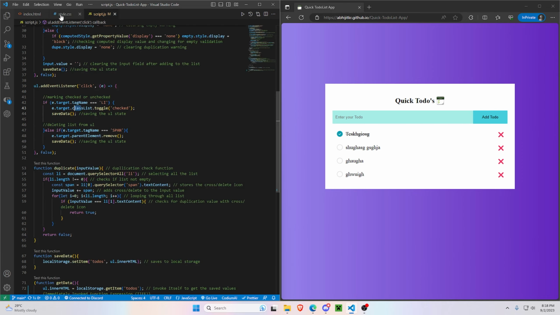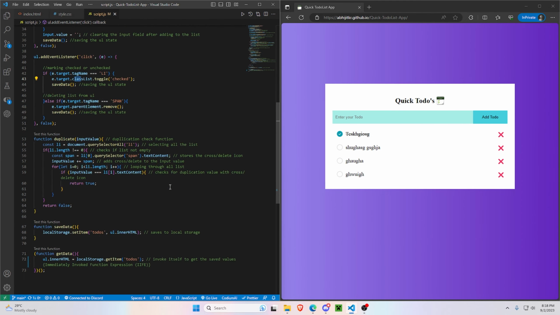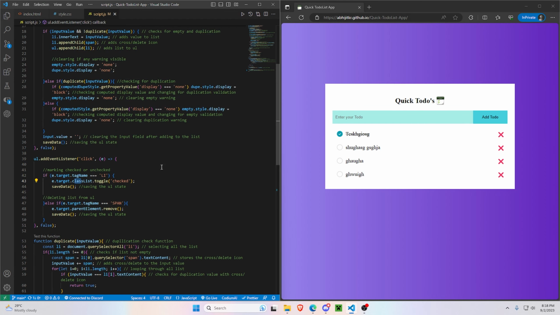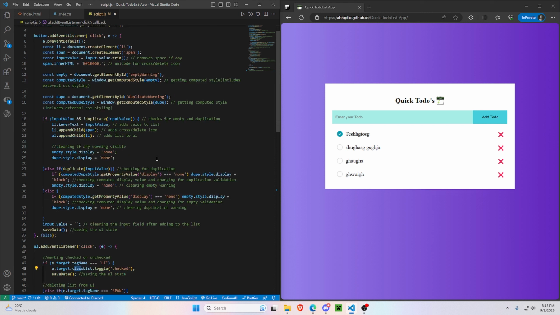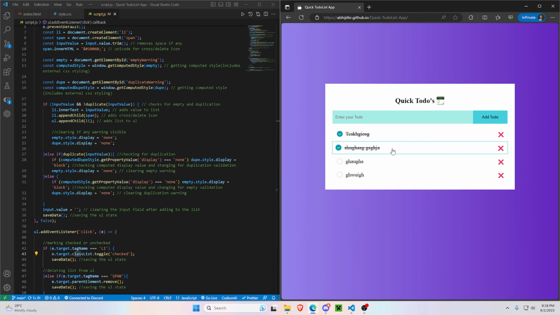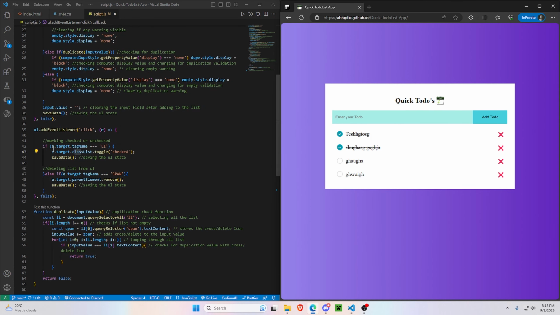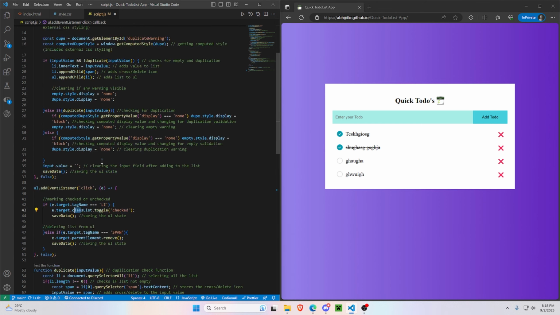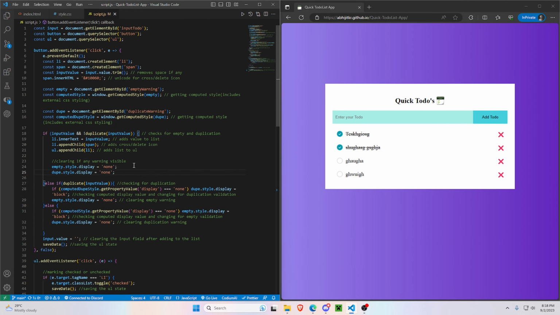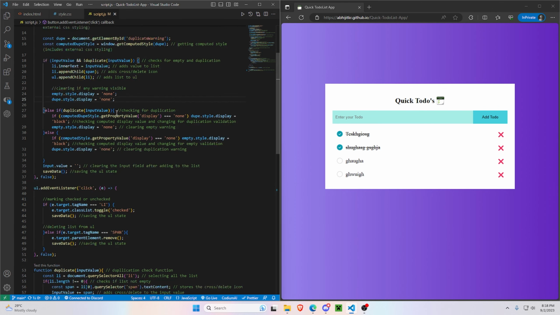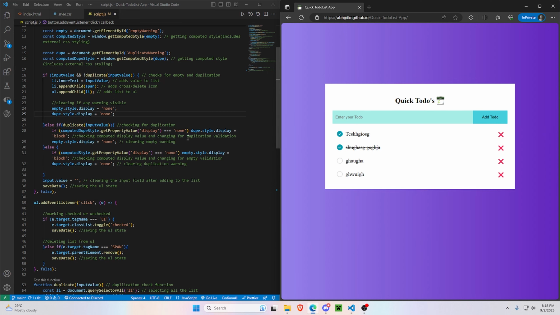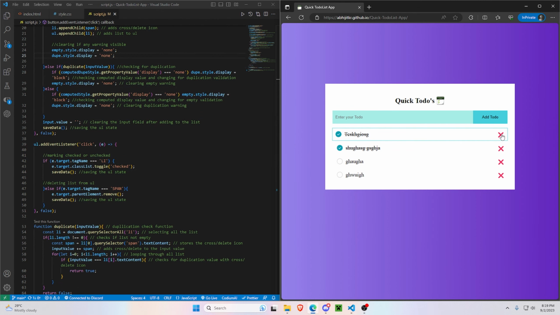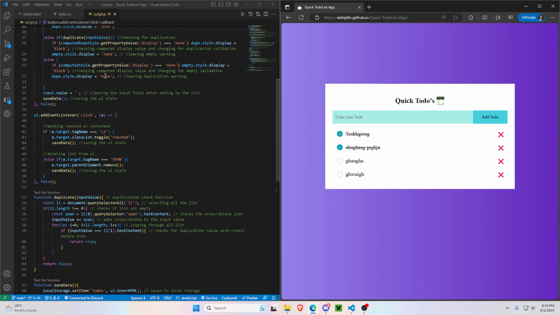Okay, so the issue which I faced during this project was, first of all, selecting the event of checking and unchecking. Before, I was doing this event listener inside this function, so that it gets the particular li to select, but it was not efficient because we have to add this to remove, so we are not getting that event handler over here. So what I decided to